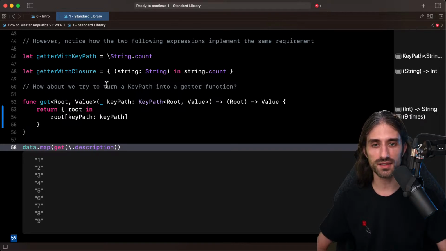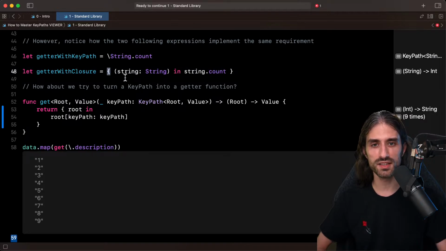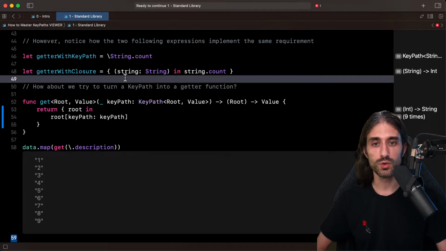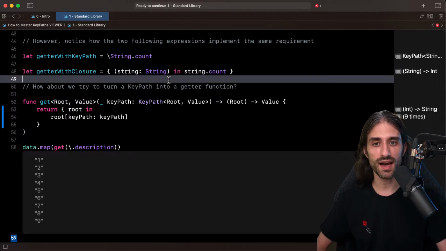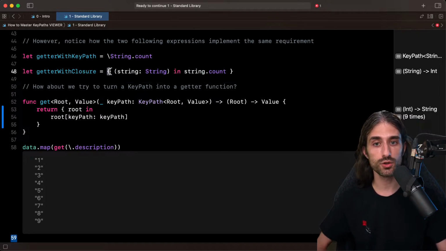The first one is that the syntax can be a bit cumbersome. You need to add curly braces. You need to either use an anonymous argument, so $0, or you need to declare the argument and add the keyword in. So it adds a lot of boilerplate to your code. It makes your code a little bit harder to read. Also, you cannot use the trailing closure syntax in an if statement, for instance.